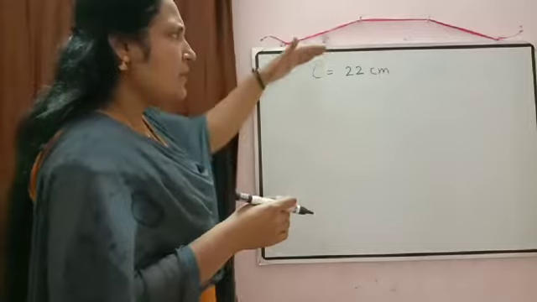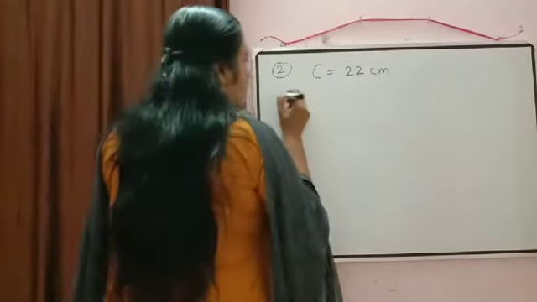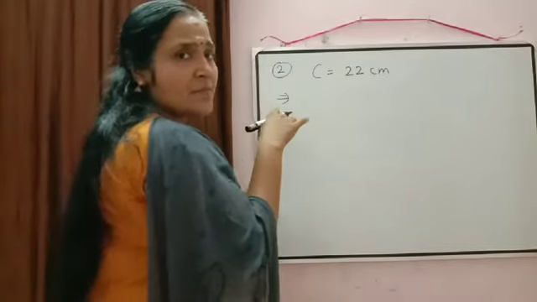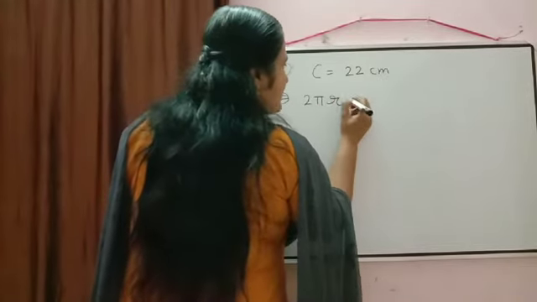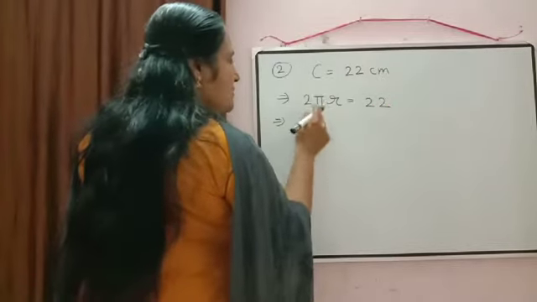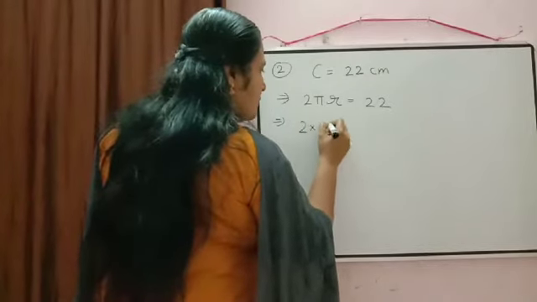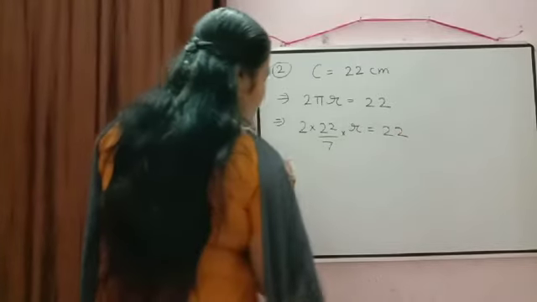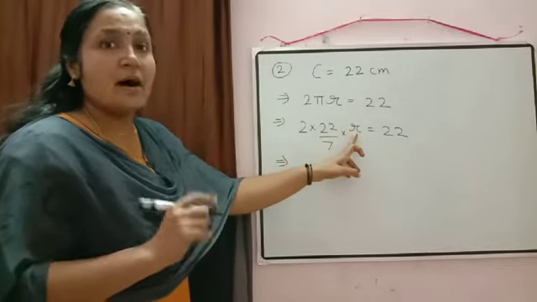Now what we are doing, we are not going to break the continuity. We will start writing from here continuously. What is the formula? Here in place of circumference, we are going to write down the formula. What is the formula for circumference? 2 pi r. So it is given 2 pi r is equal to 22. Now substitute pi is equal to 22 by 7. Then what will come? 2 into 22 by 7 into r is equal to 22. What we have to calculate? We have to calculate the value of r.